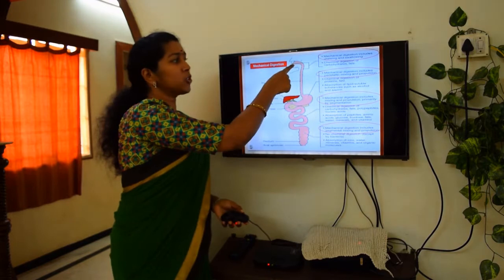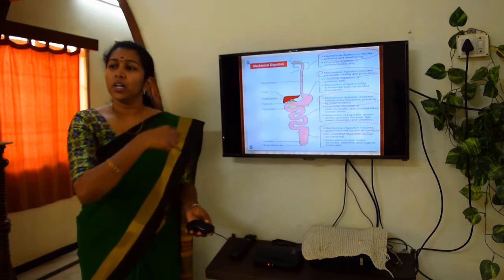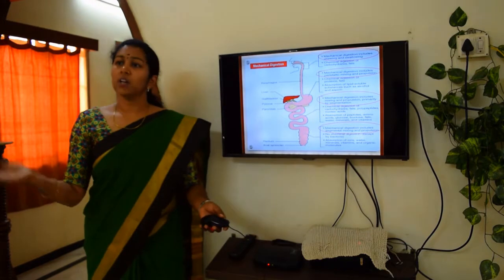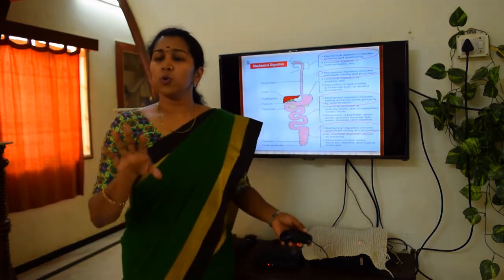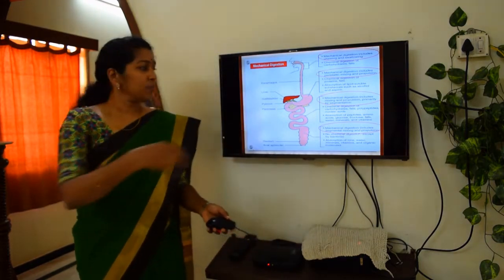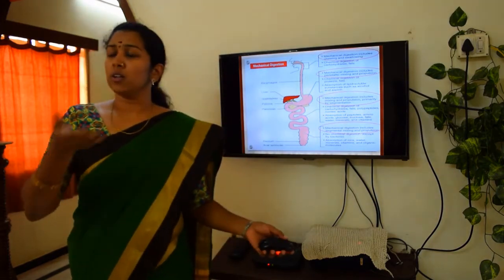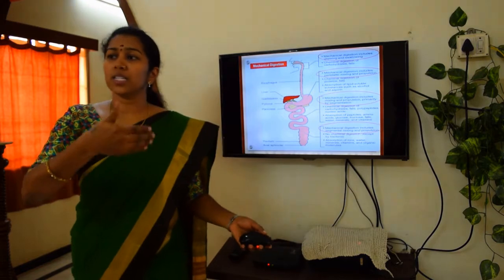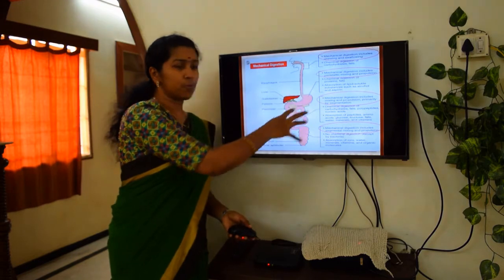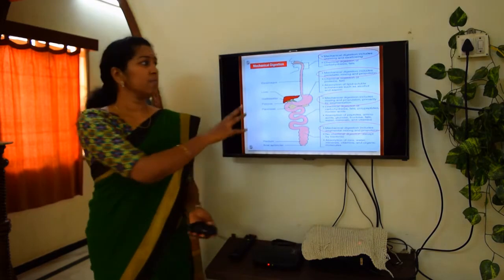It is chewed and swallowed, and it enters the esophagus, where the peristaltic movement propels the food into the stomach. In the stomach, we have different sections, right? There the segmental mixing occurs. Due to the segmental mixing and the peristaltic movement, the food is again propelled into the small intestine. The small intestine also has different segments, right? There again you can see the segmental mixing and the propulsion. The food gets digested in these parts, and the undigested material is excreted via the large intestine. So this is the mechanical digestion.